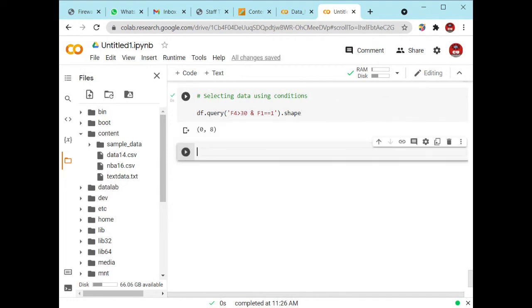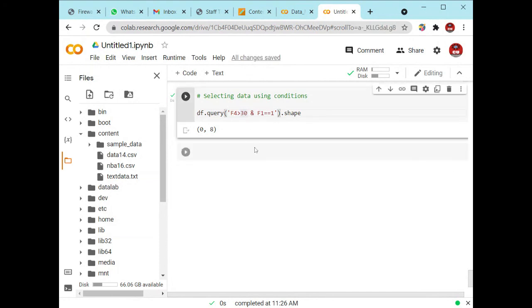You can see how many entries satisfy this particular condition. It says there are 0 out of 8 entries. So for F4 greater than 30 there will be 0 entries, and F1 satisfies the condition with 8 entries.